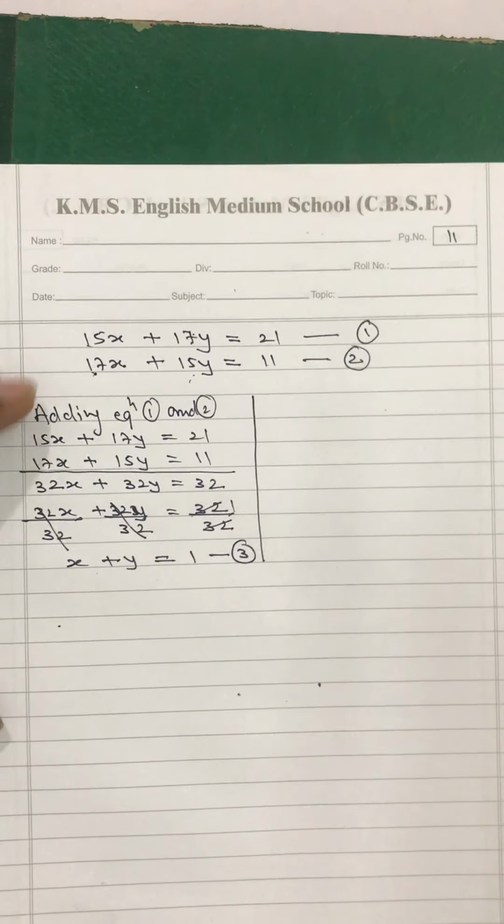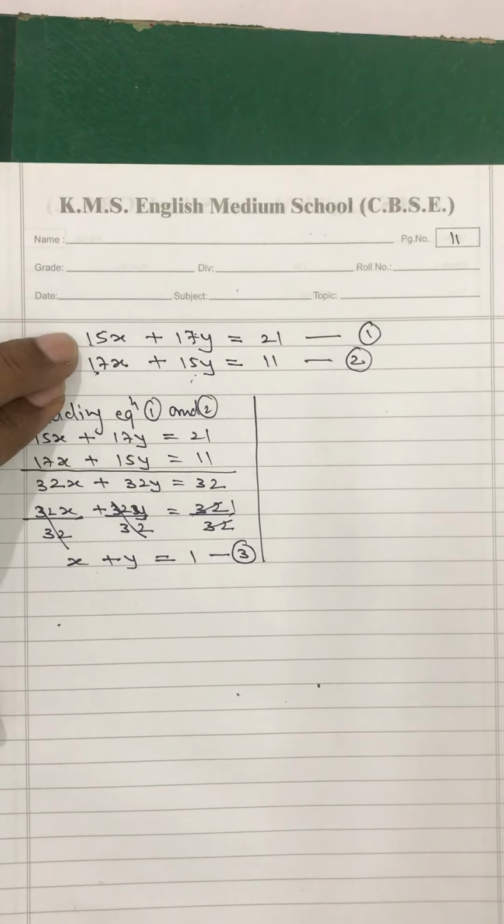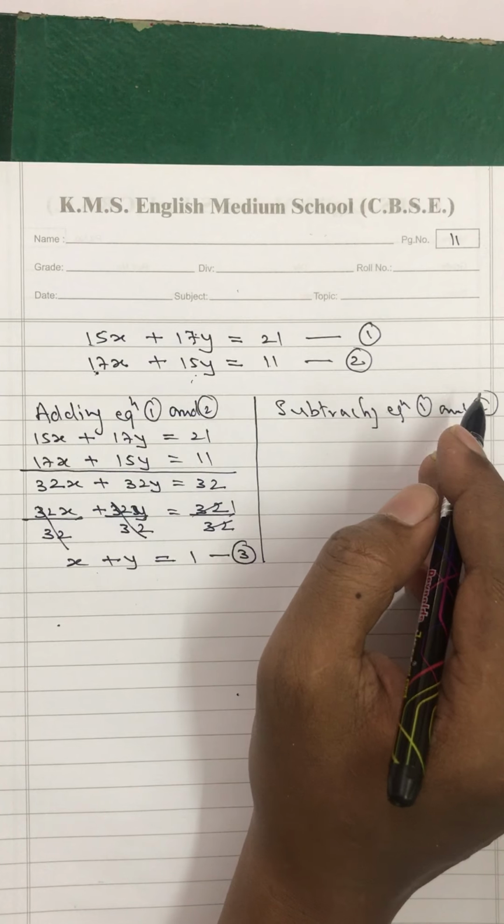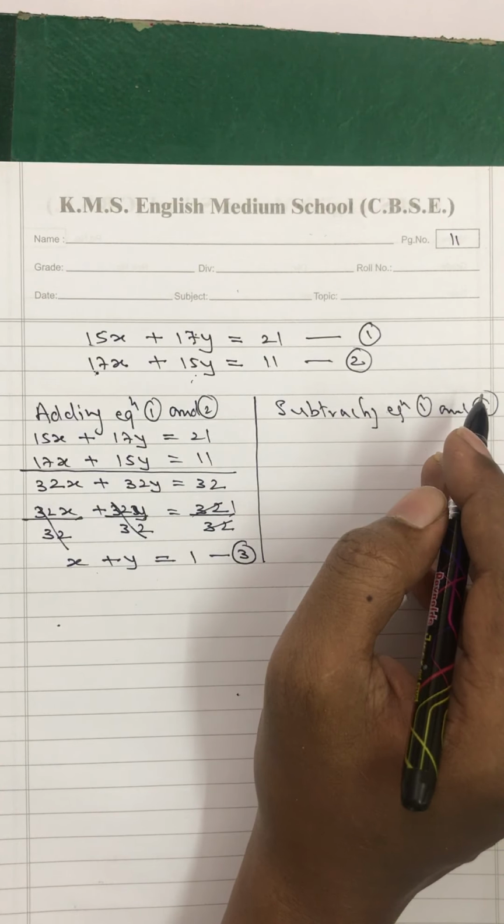Okay, my dear students, you have to add the two equations, and also subtract equations 1 and 2. Now here some students write subtract equation so and so from so and so. See, that is a problem of the English language. It's not a problem of the English language, it is how you have understood the English language.